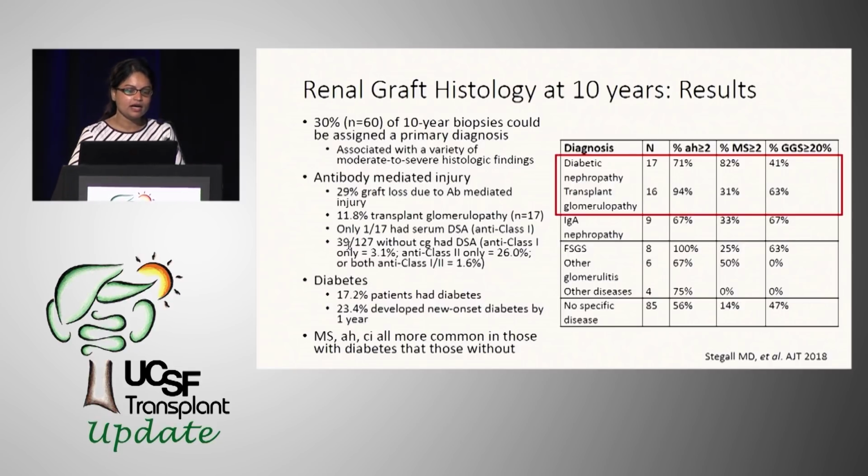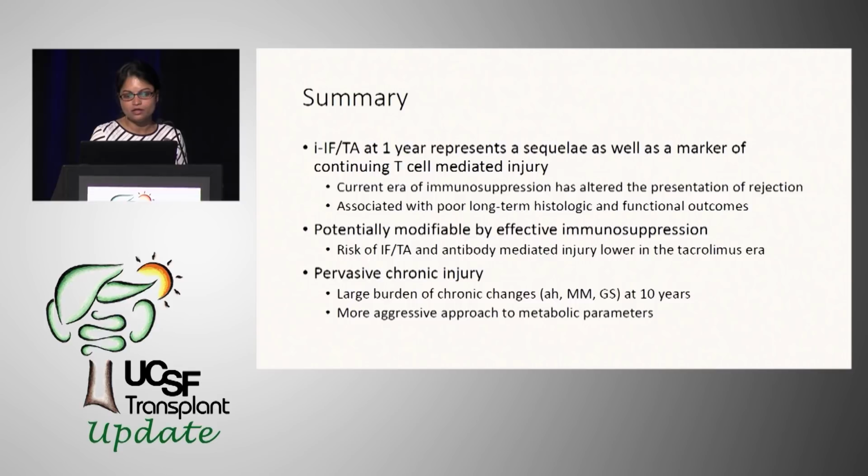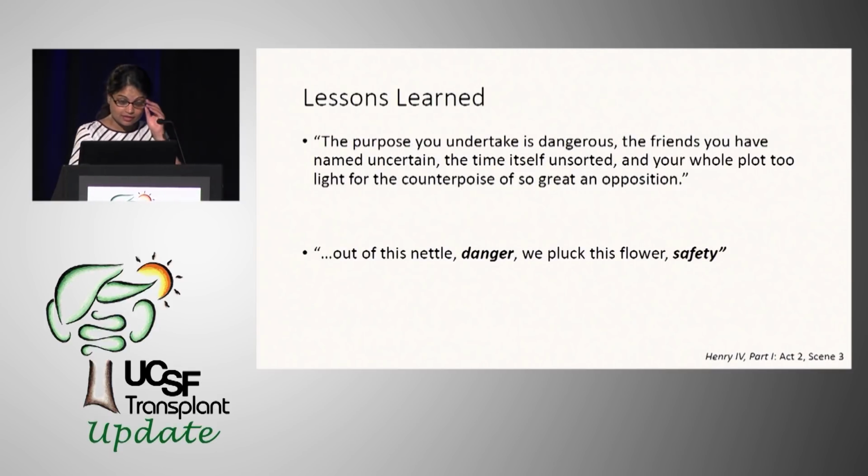So I think, again, this points to the fact that although chronic injury is common, and chronic immune injury is also common, one has to look at the patient, the cohort, and their immunosuppressive regimen to decide what kind of chronic injury this patient is more likely to have, and then decide what would be the most effective strategy to deal with this problem. So to summarize, I think we already talked about this, but the lessons learned,